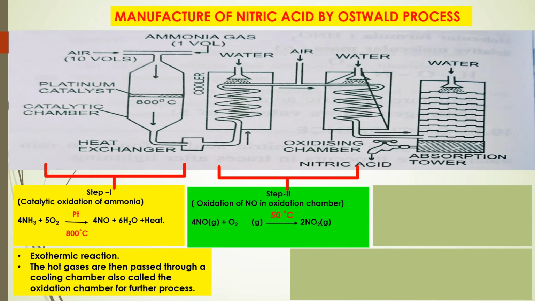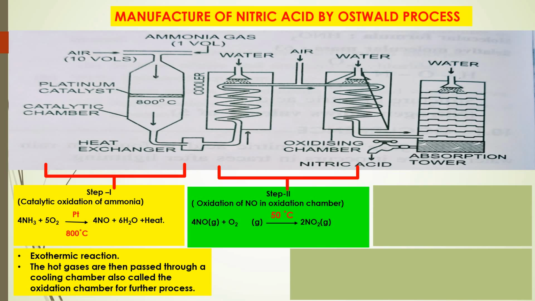So this is the chemical equation to represent the oxidation reaction taking place in the oxidizing chamber. And in this second step, the oxidation of nitric oxide, oxygen is used as the oxidizing agent over here. Now once the nitrogen dioxide is prepared in the oxidizing chamber, this nitrogen dioxide with the remaining air